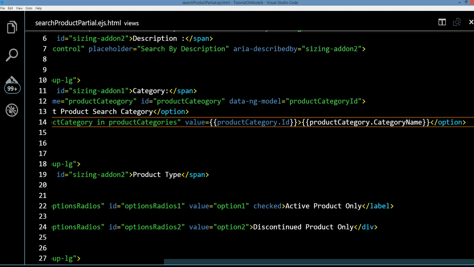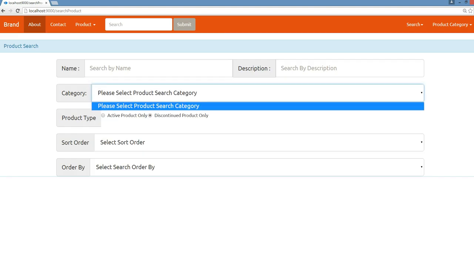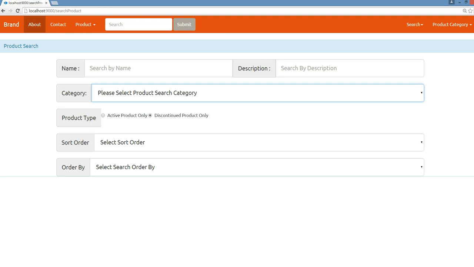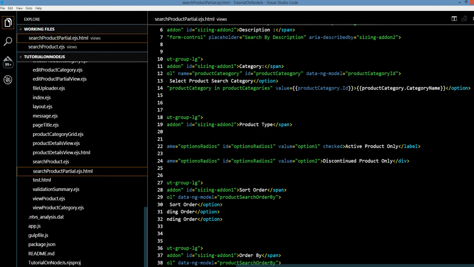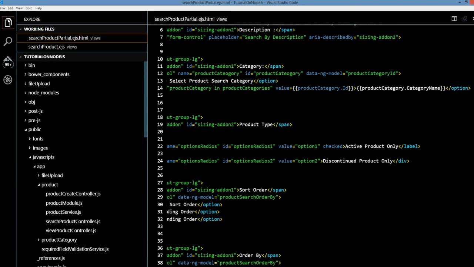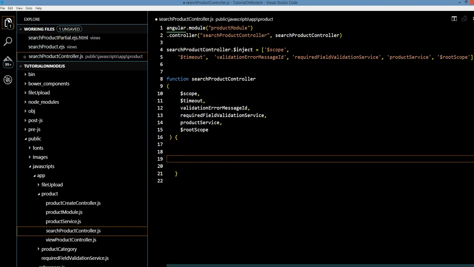We have been using this code in other controllers also, so we're going to expose that in our controller, and after that we should have our binding for the category right here. Let's go ahead and write that code. Okay, so now I'm going to zoom out, it's too big. We're going to go into the search product controller. In here, let's go ahead and define